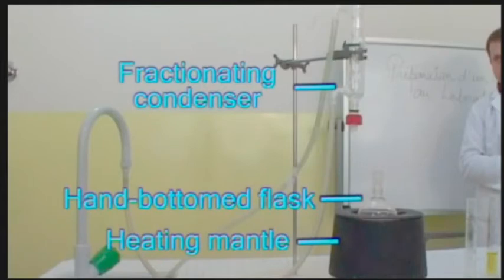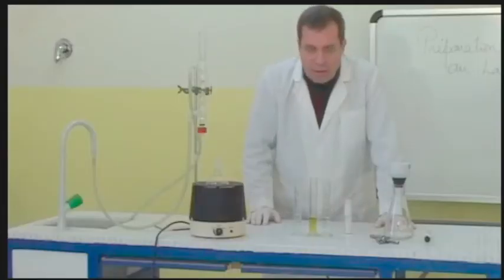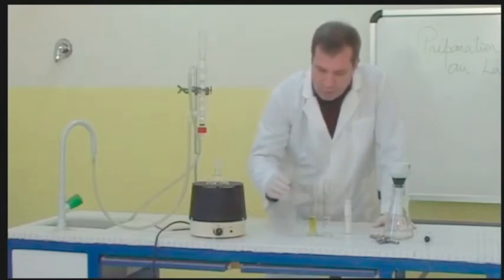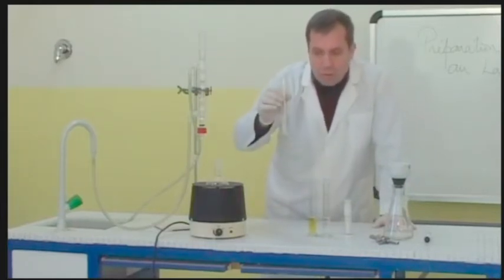To prepare soap, we will run a reflux heating setup. The setup is formed by a heating mantle, a round-bottomed flask, a fractionating condenser. Reactants to be used are 20 milliliters of sodium hydroxide solution of concentration 8 moles per liter,